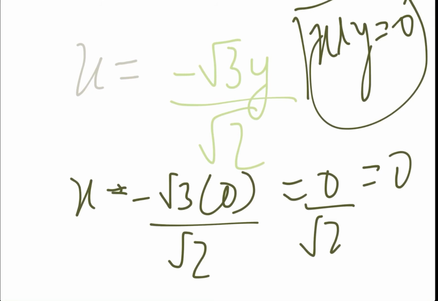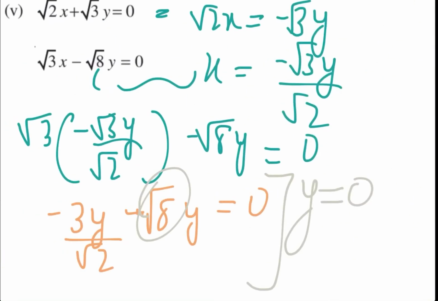So the crux of the question was, I would substitute the values in terms of root itself. When I solve this by opening root 8 as 2 root 2, I will get the value of y as 0 in this equation. And once I get the value of y as 0, I know that x can be written as minus root 3y by root 2, and I would get the value of x as 0 as well. Because this x was directly written in terms of y, so I put the value of y as 0 and found x. I could also substitute this value of y in any of the equations like this or this and solve for x. I would get x as 0 as well. But these are shortcut tricks which would help you to save time in the exam.